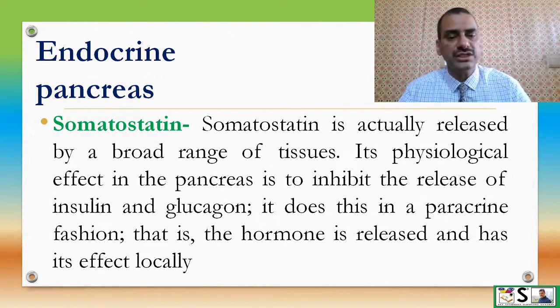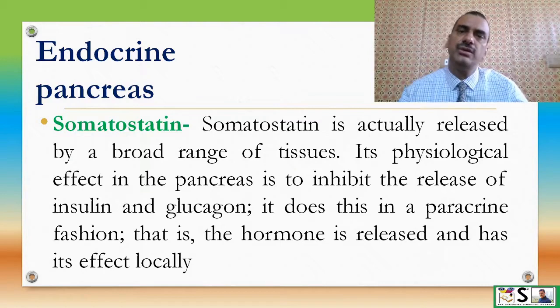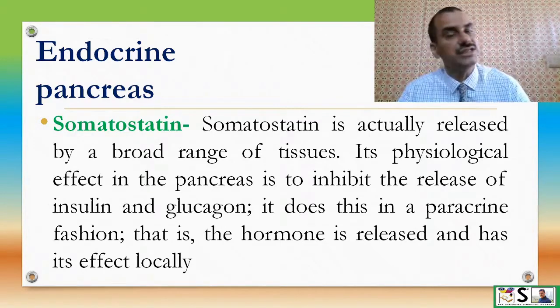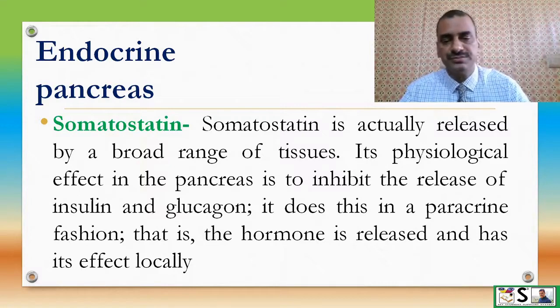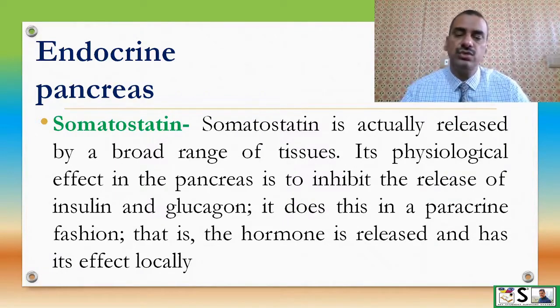Somatostatin. Somatostatin is actually released by a broad range of tissues, meaning many organs and tissues secrete somatostatin hormone. Its physiological effect in the pancreas is to inhibit the release of insulin and glucagon. It does this in